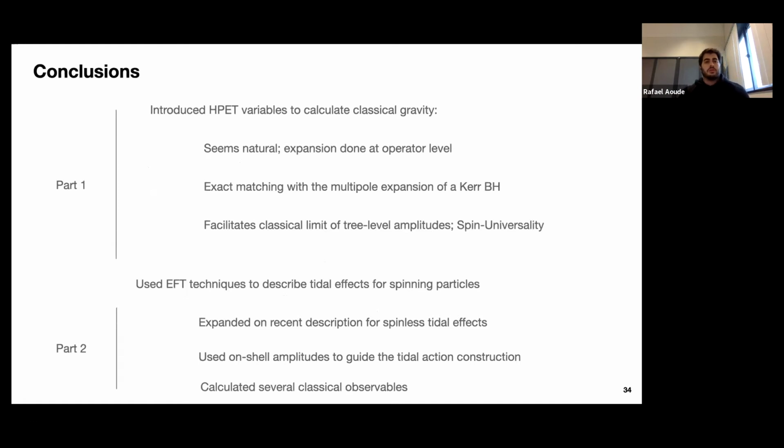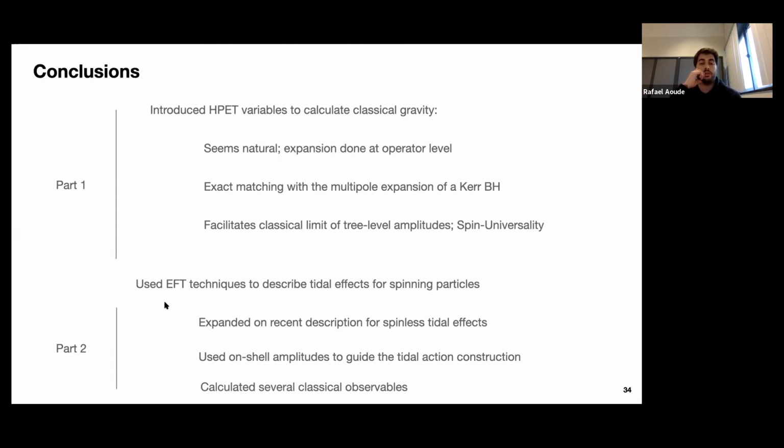So yeah, this was a very short talk, but I come to my conclusions now. In part one, I already said that we introduced these HPT variables, that they are very natural and they allow us to see the multipole expansion of a Kepler pole precisely, and also the multipole expansion of a spinning body, and they help us a lot to calculate the classical limit of three-level amplitudes. And finally,